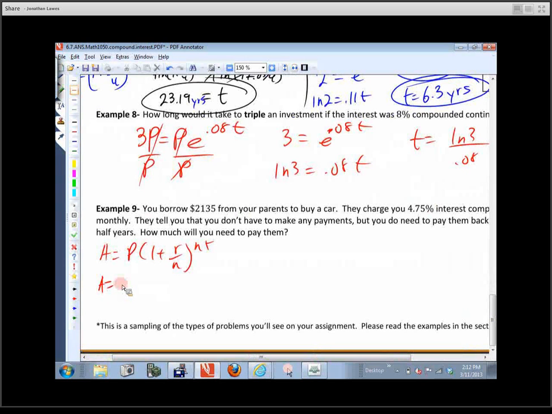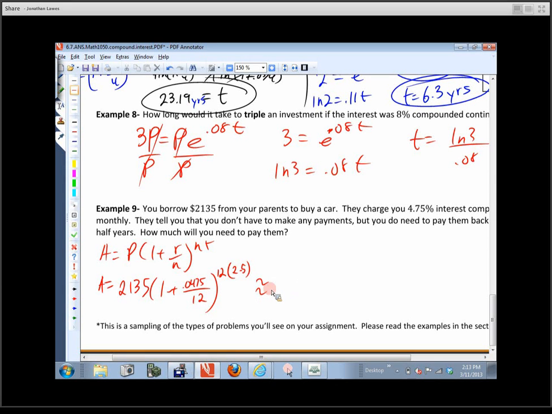What's our principal? Principal was 2135. Our interest rate was? 0.04. Yeah, there we go. So we're going to do 0.0475. Compounded how often? Monthly. Monthly, 12. Raised to the 12 times. How many years? 2.5. So that's going to be 12 times 2.5, and 2.5 years is 30 months. So that's why that exponent is going to be 30. So if you type that into the calculator,